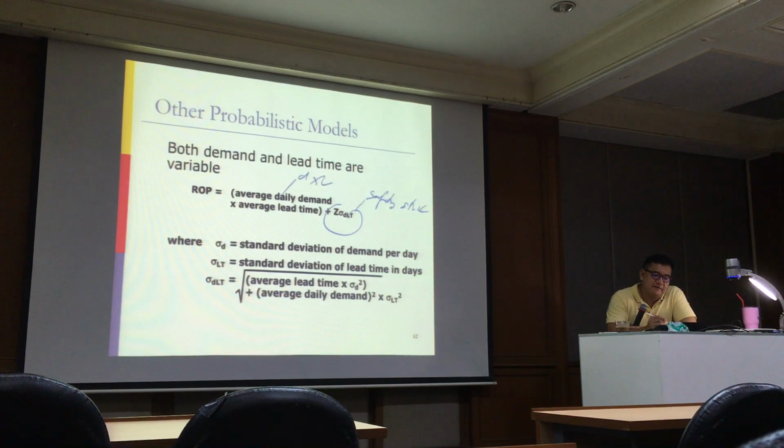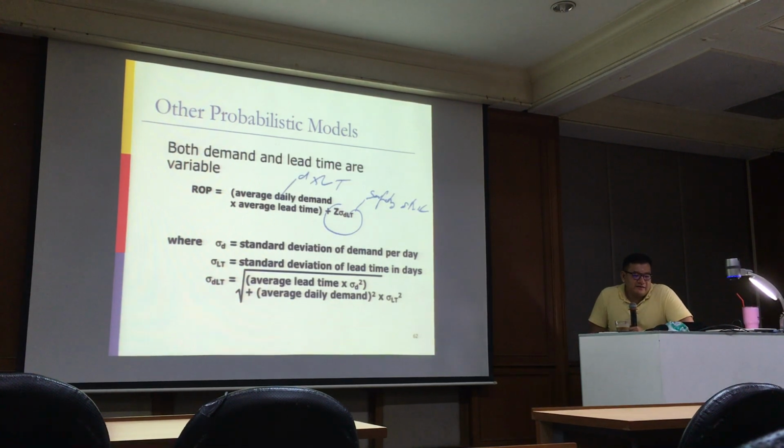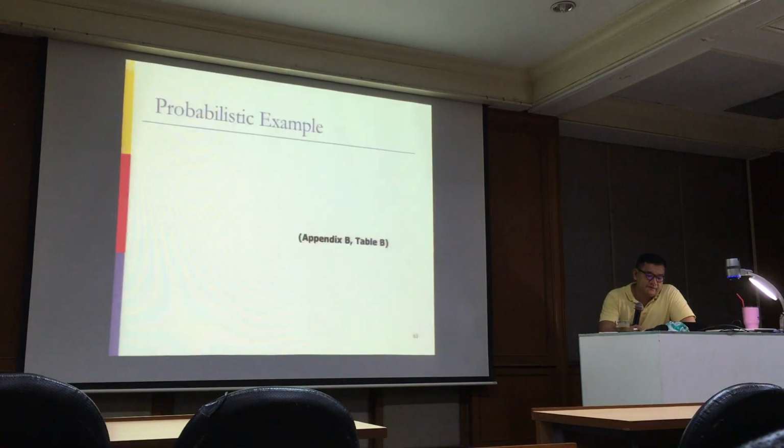This is the demand multiplied with lead time. And for the safety stock, you can see it uses Z multiplied with the standard deviation of demand during lead time, and that formula is like the crazy one. You have the square root of average lead time multiplied with standard deviation of demand squared plus average demand squared multiplied with standard deviation of lead time squared. For example,